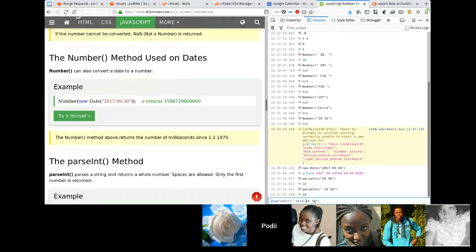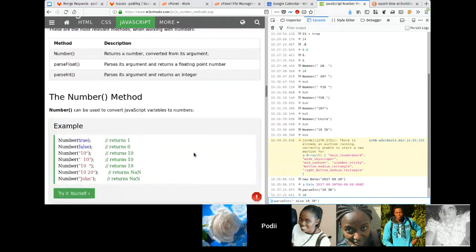Spaces are allowed. Only the first, don't assume the second part, only the first number is returned. I think these are methods for numbers. Which one? parseInt? Yeah, I think it only did. No, it takes in anything. From here, if you can read right here,